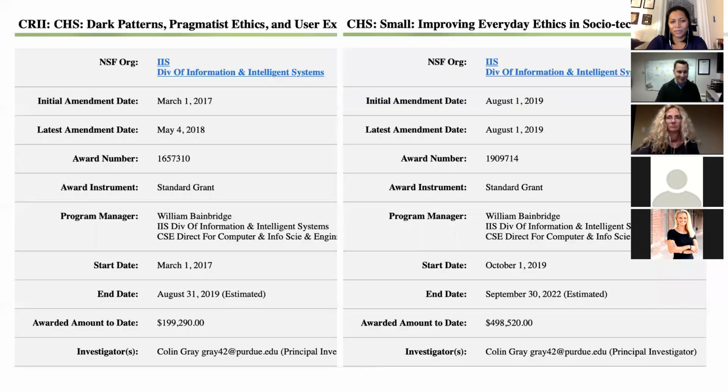Unfortunately, we have more time to study this because we got more money. So that's really exciting. So we're actually expanding our focus from UX design and dark patterns. We're still doing that kind of work, but we're looking at improving everyday ethics and socio-technical practice more broadly. So we are just about to launch our first wave of interview studies with people from data science and front-end developers and marketers and UX designers as well, and trying to figure out from an ecological perspective, how as a team are they arguing for ethical practices? What supports do they need to do that work even better? And how can we maybe make a difference from a public policy perspective as well?